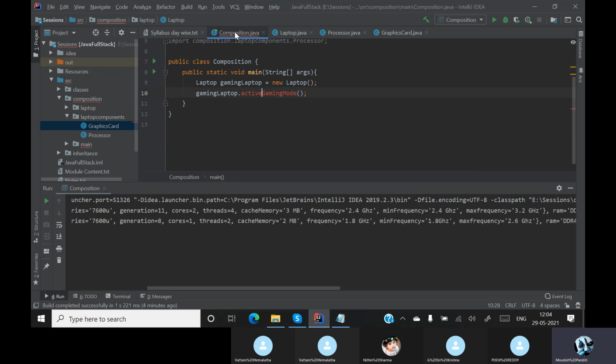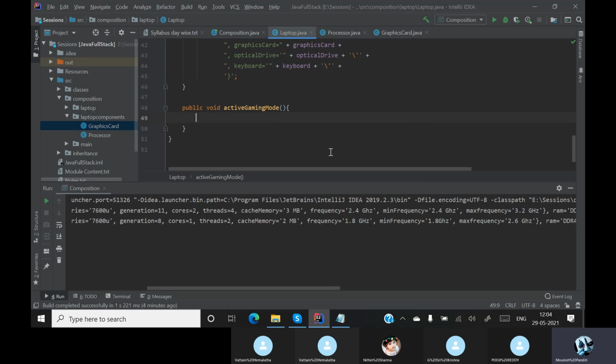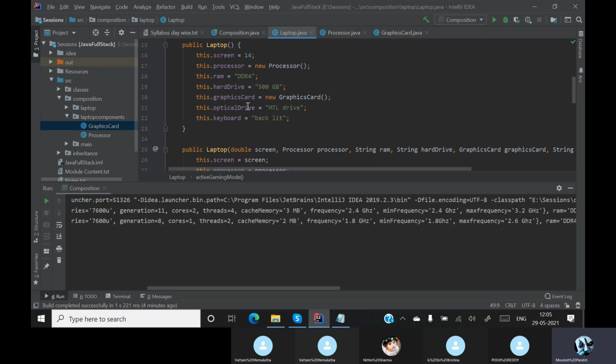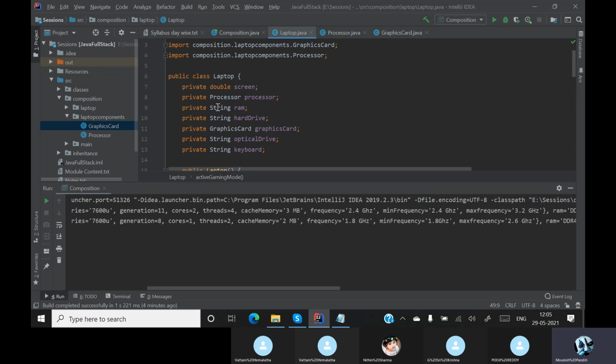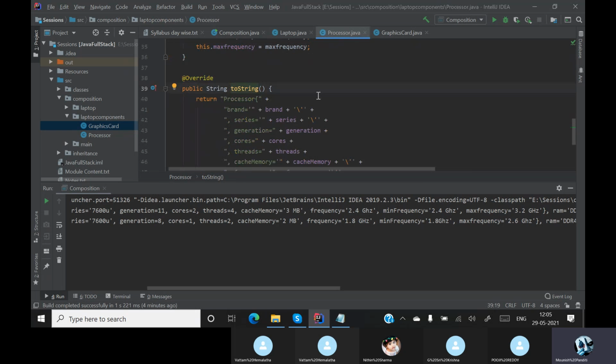Once this is done, basically this error has to go. The error has gone. So inside the laptop we have a method called activate gaming mode. In this method, I am setting up my minimum frequency, my current frequency. Where is this? It is inside the processor. Very good.